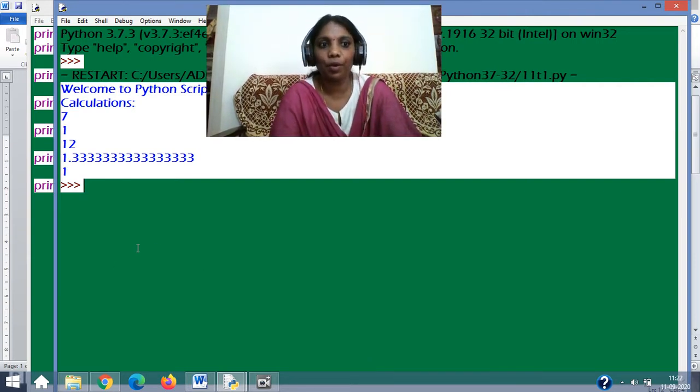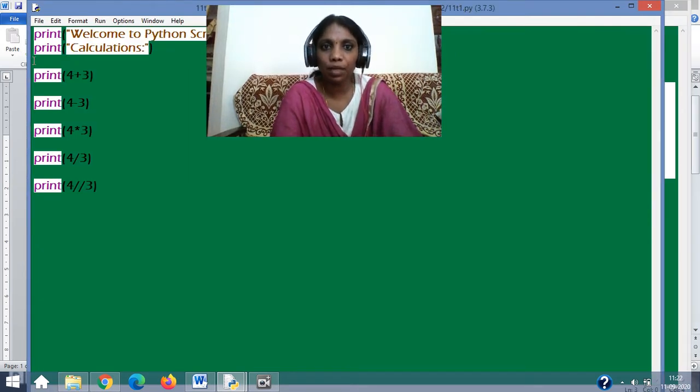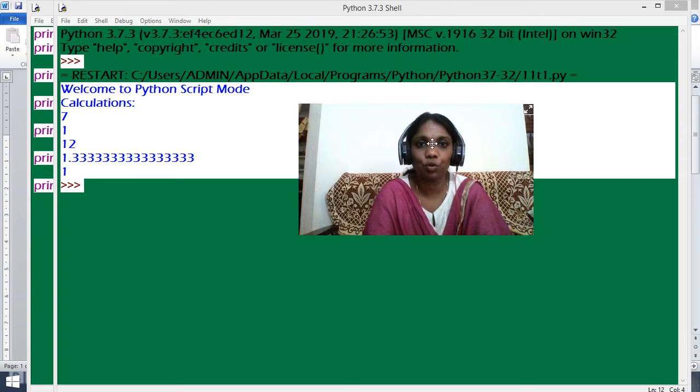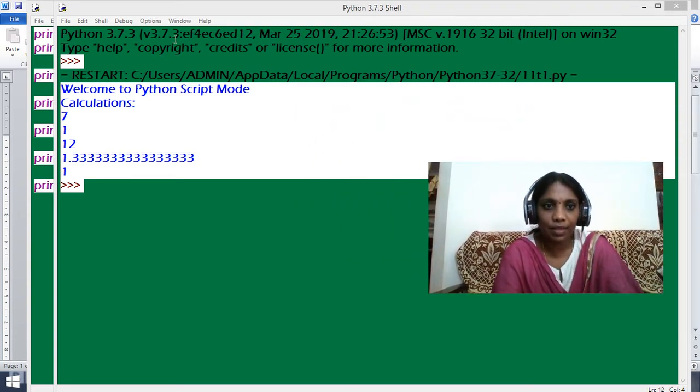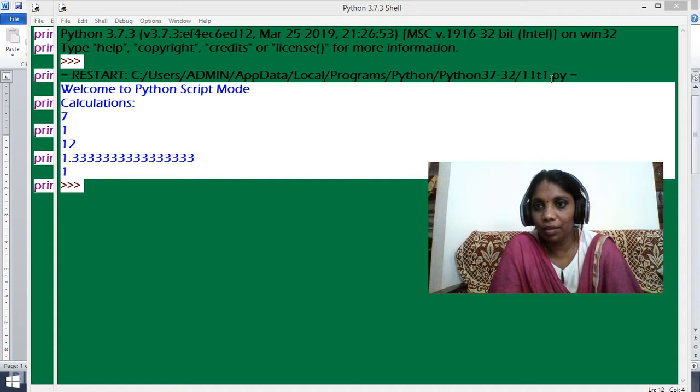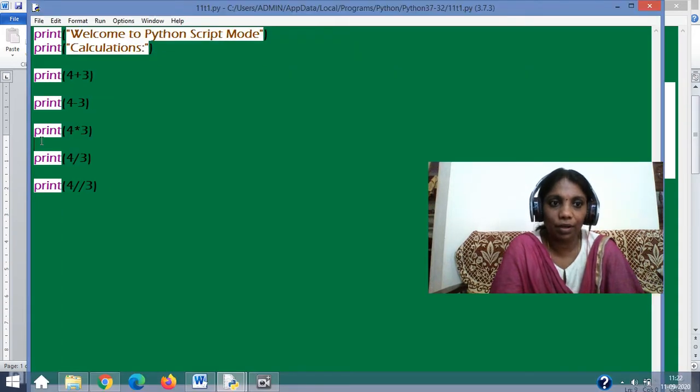So you have to keep this mode very clearly in mind. Script mode should be there in your hand to take your shell mode. That means this one. Now one more thing I wanted to show you is that here it also shows you the path where Python is installed. From there you can also figure out where you are storing all your Python commands. And see, the program which you are running is 11t1.py. This is a program which you learned, isn't it? The last program. And we were here, correct? Yes. Now let's finish off this.